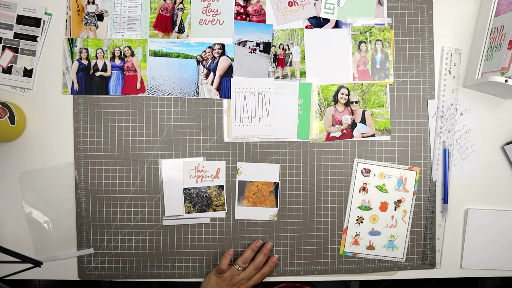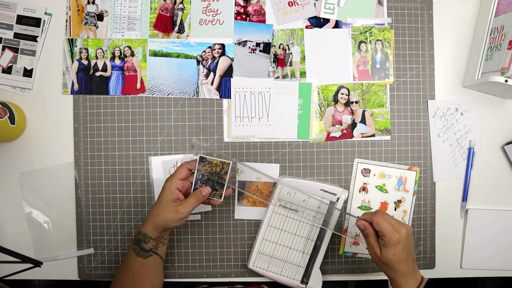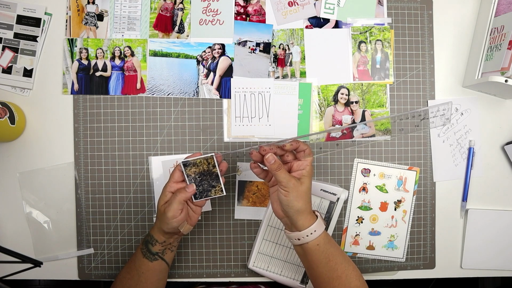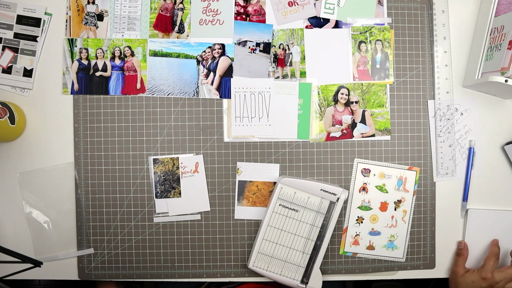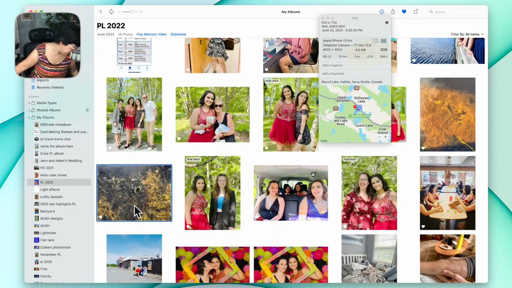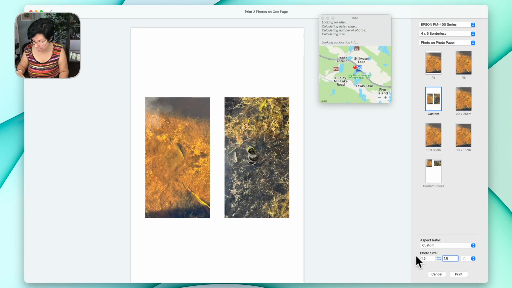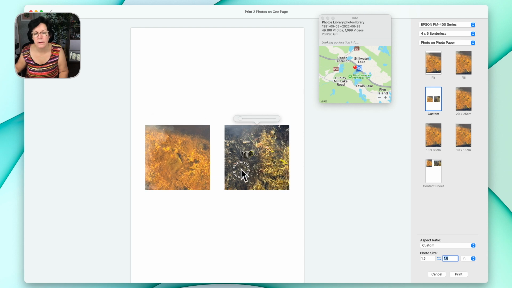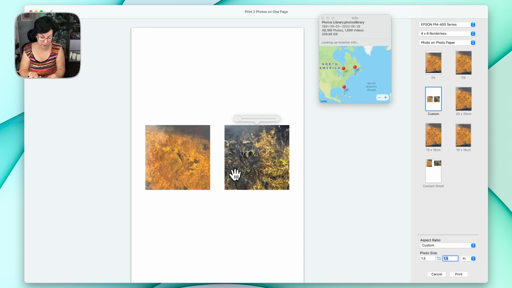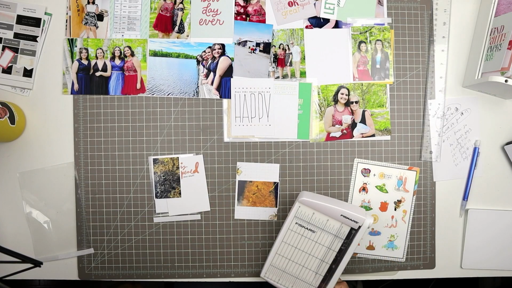I thought it might be a little bit busy. Like there's a lot of flaps on this page, and I thought there would be a lot of flaps. So I was trying to cut back on them by maybe combining. Oh, right. I was sharing my process with my patrons of how I edit and move around and choose my photos. So I am just reprinting these photos in square,